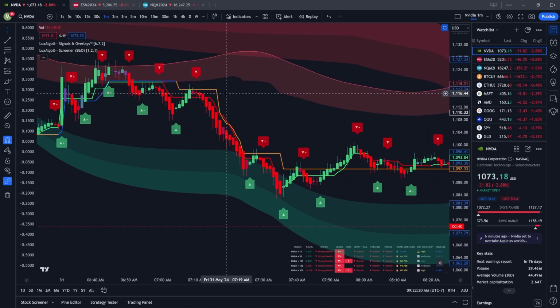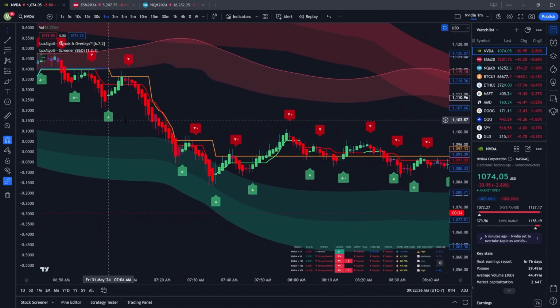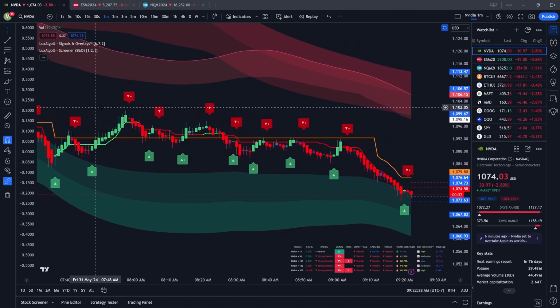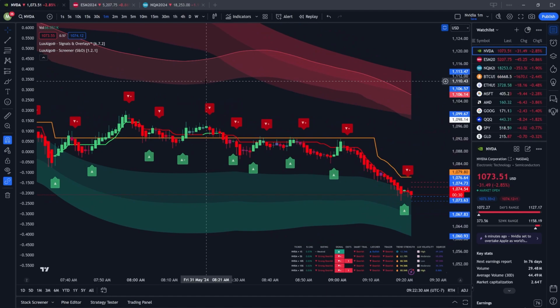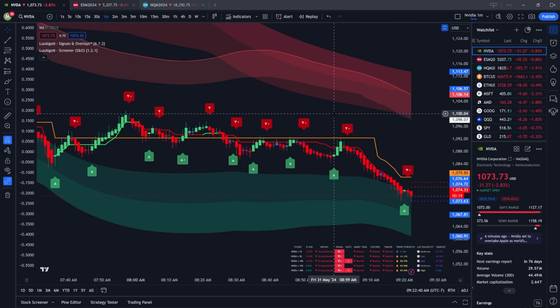You can be up a lot, and then you can be down a lot in a very short amount of time, especially when you're scalping. So this is just to help you stay in profit, not too much drawdown. And that's why I also think this strategy is really good for